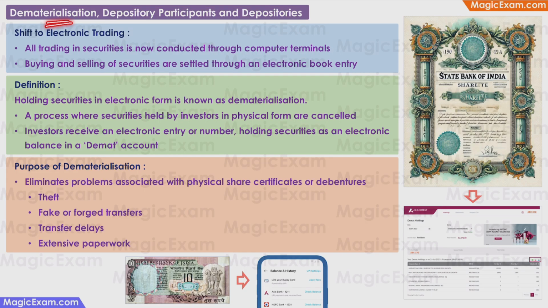Next, let us understand what are dematerialization, depository participants and depositories, and what is the connection between them. Once upon a time, all money was in physical format, in the form of currency notes or in the form of coins. Then we started moving towards electronic money. Here the money is in electronic format, in your bank accounts. Because it is in an electronic format, you can also spend, save or transfer the money electronically through an app